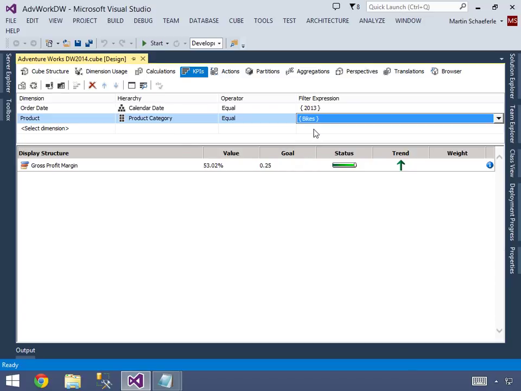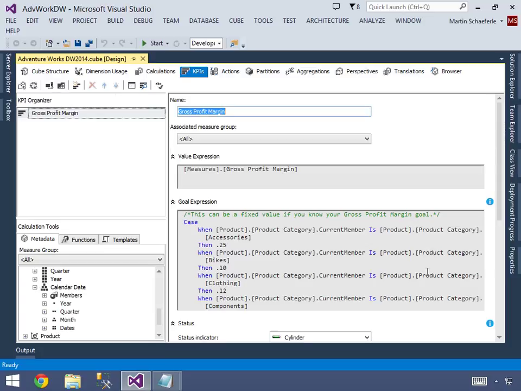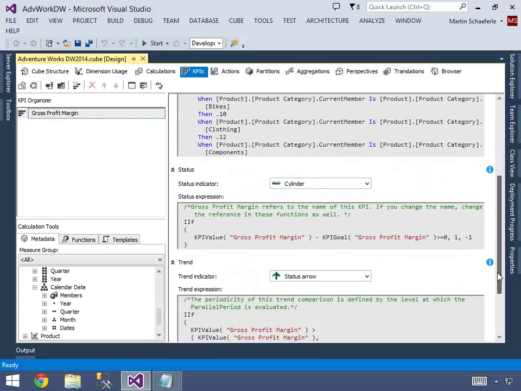In order for it to recalculate, you have to click off of the dimension you just changed. Here we have 12.29 and a goal of 1 for a status of green. You get the idea here is once you create it from a template, you can build further and further on what you do here. Let's go back to our KPI and look at the last area, which is our status